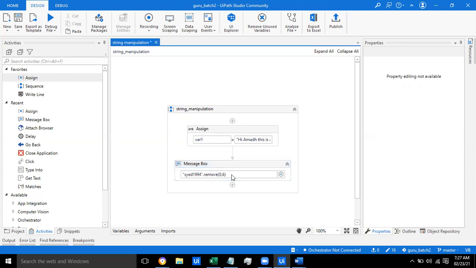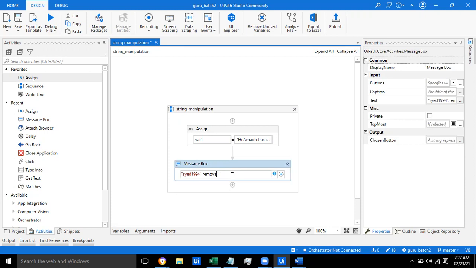So you have to compose this remove function. You have the controls, so try to do that. Remove, I think 5, 8. Just try, guys. Let's see what the output will be.